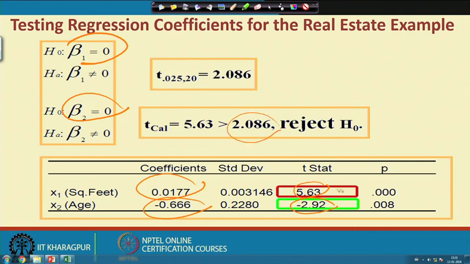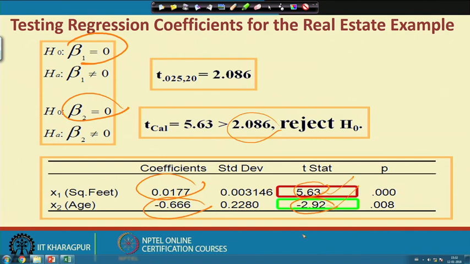So, in both the cases they are crossing the critical level. That means the calculated statistic is overtaking the critical value. As a result, we are in a position to reject the null hypothesis. So, technically, we are in a position to predict the y now with respect to x 1 and x 2. That means the problem which we have connected now is to predict the housing price, the market price of the house,